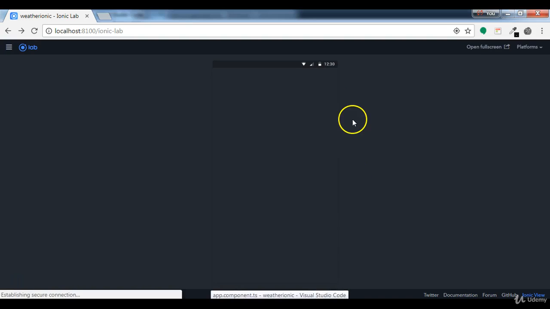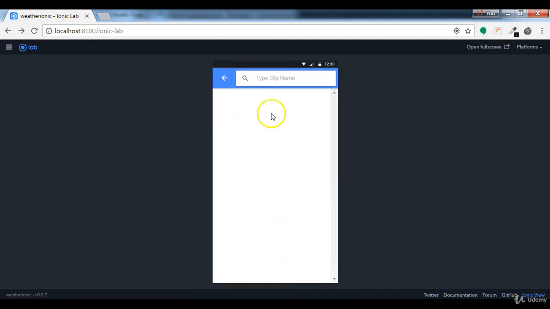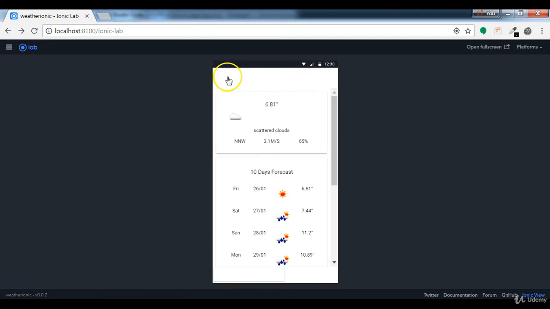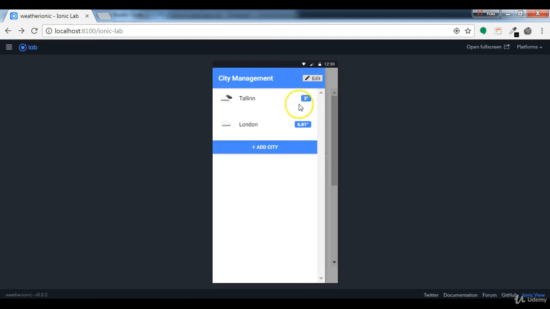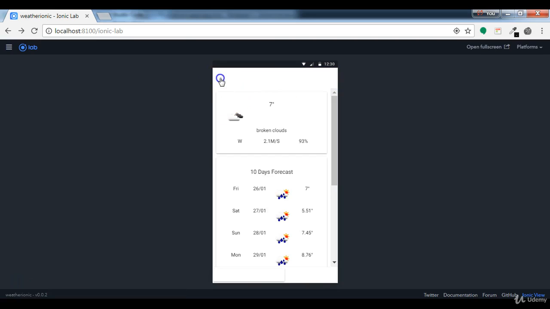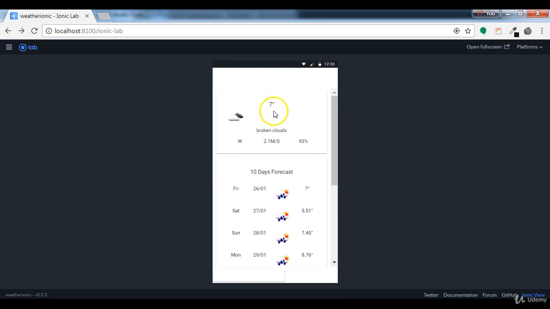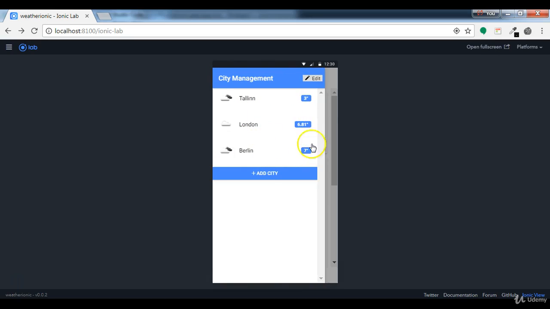Now I'm going to add some more cities. Right here, I'll click on add city. Now let me add a city. Now you can see we have two cities, London. Let me add another, Berlin. Now you can see we have three cities. Now I'll click on Berlin. You can see here Berlin, we have the temperature as 7, and here also we have it as 7. Now I'll delete Berlin